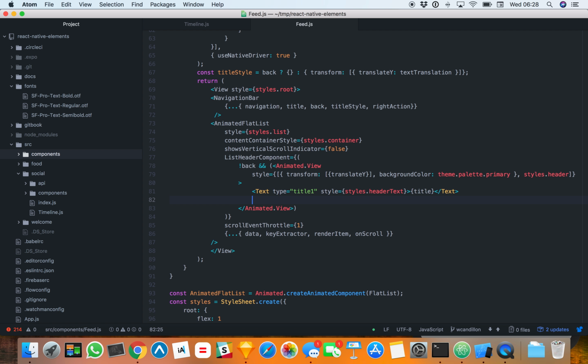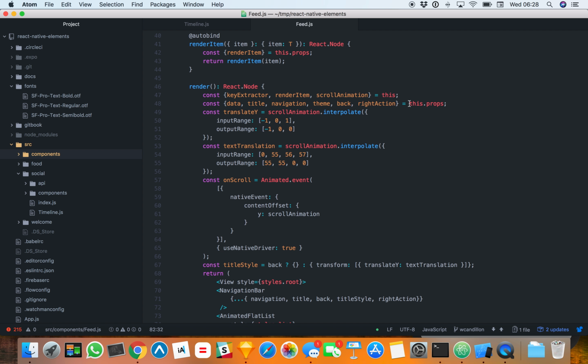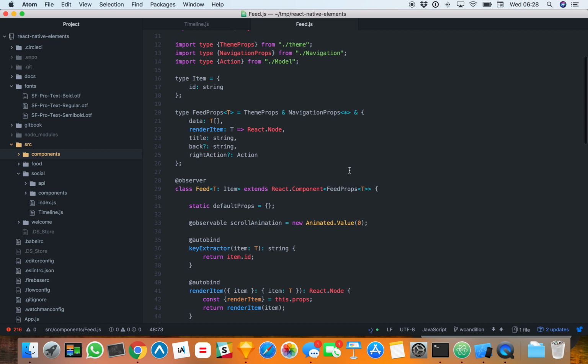Can I directly add, let's try to add it here directly at the bottom. So I'm gonna add a header, which comes from the properties, and I'm gonna add an extra property which is optional,